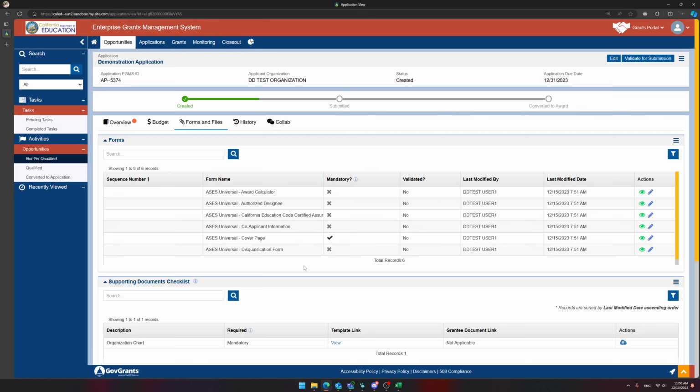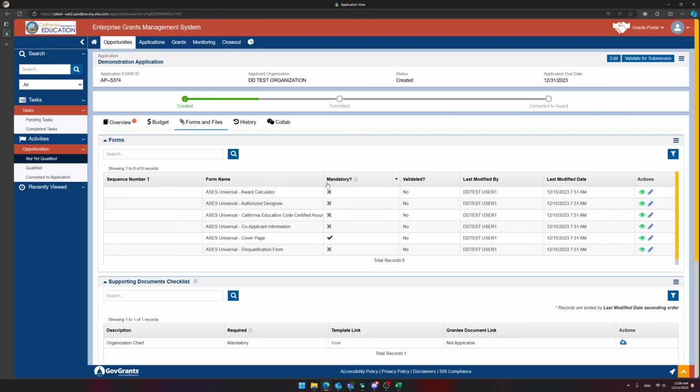Normally for EXLD, all of these forms are mandatory, and there's even some additional forms that I didn't include in the package for ACES Universal. The package is quite a bit bigger in production with how EXLD is actually going to use it. But again, just wanted to give you an idea, right? So all of the forms populate.